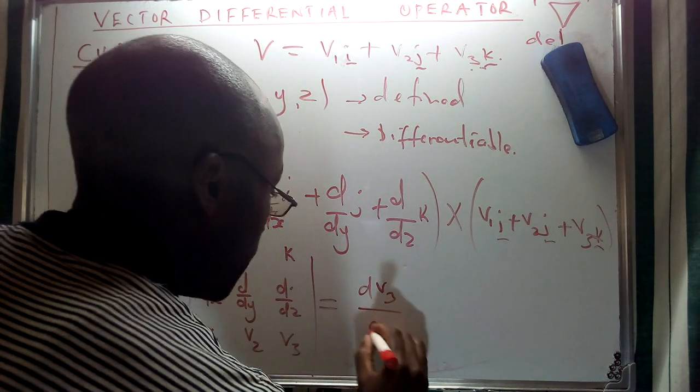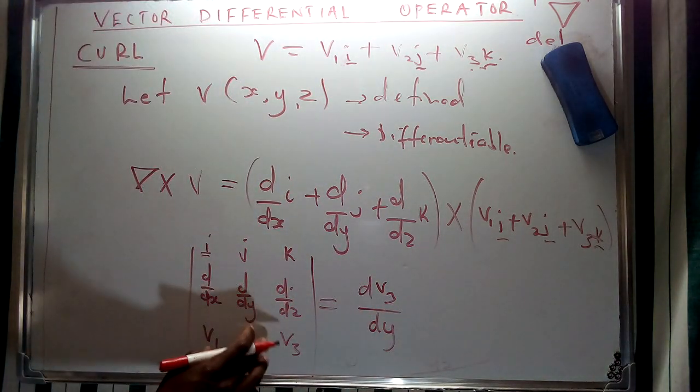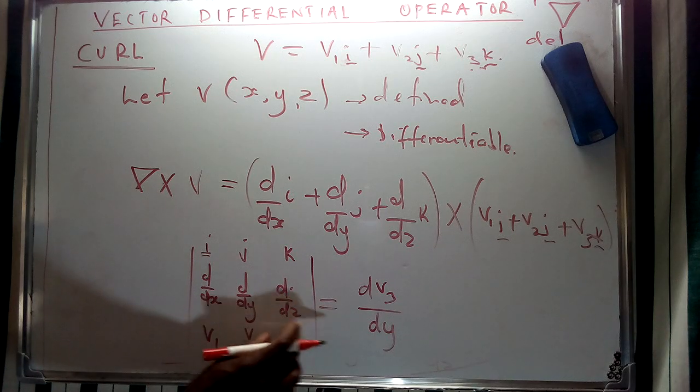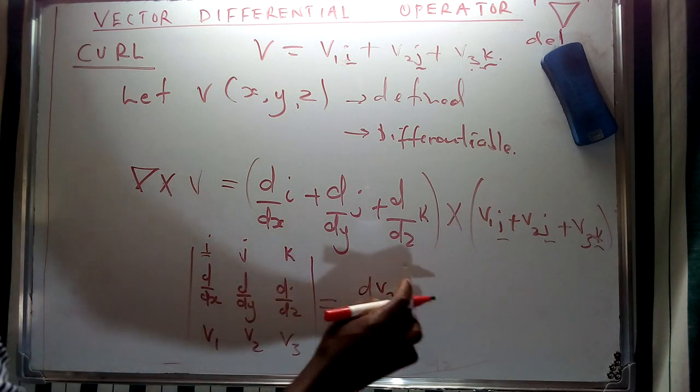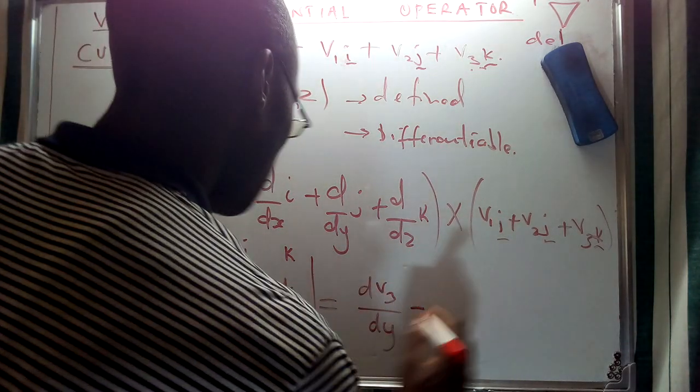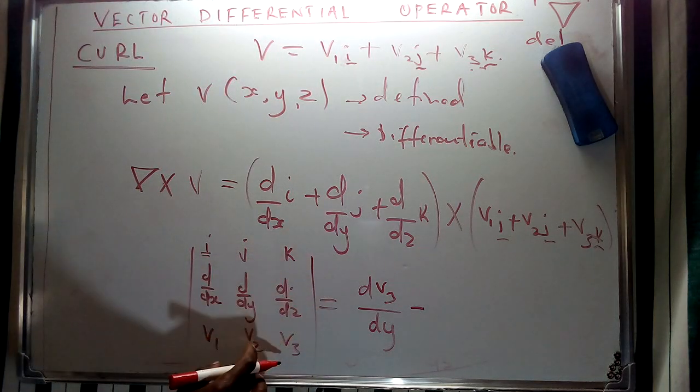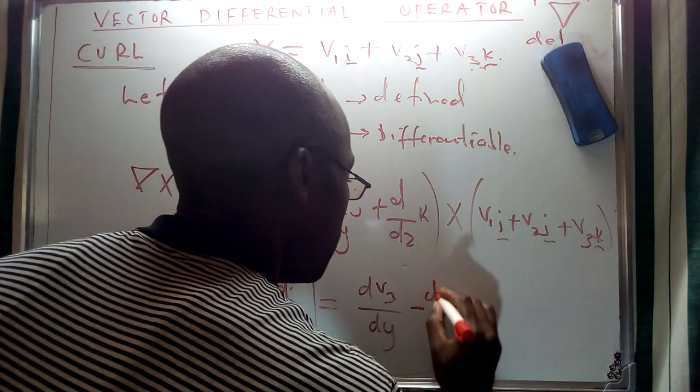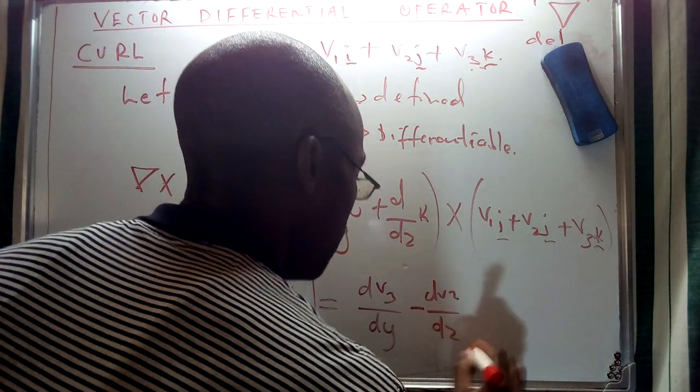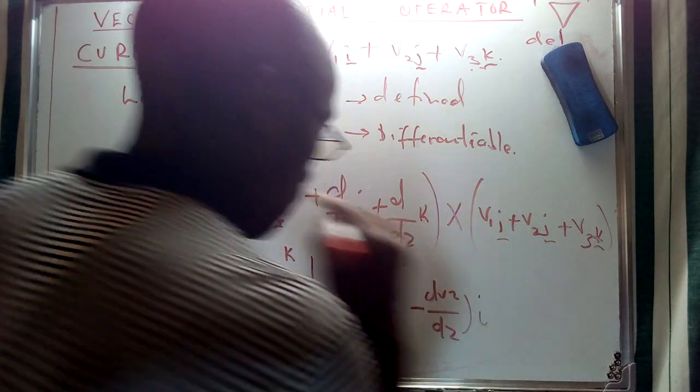If we multiply this component together with this one, we're going to obtain dV3 over dy, and then minus dV2 over dz,